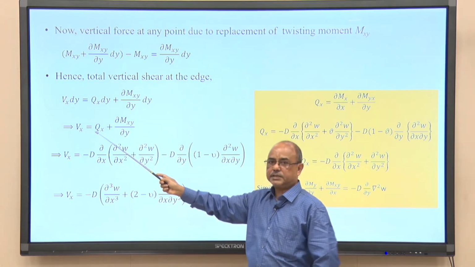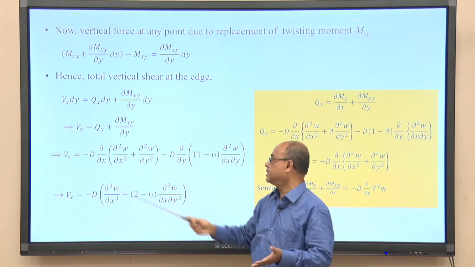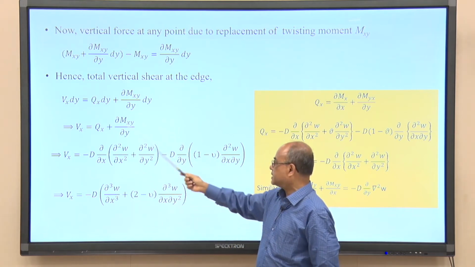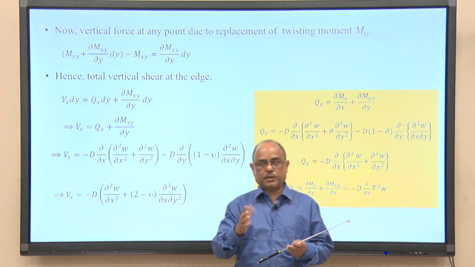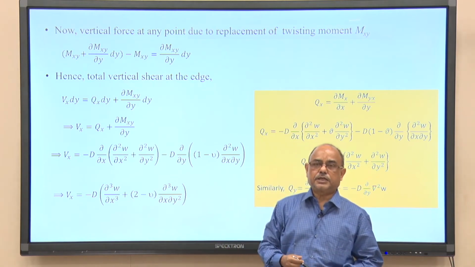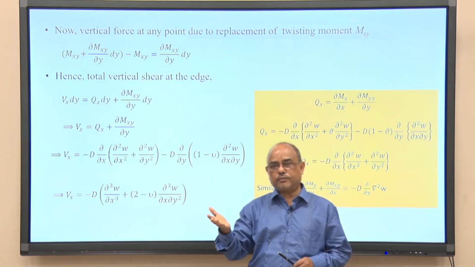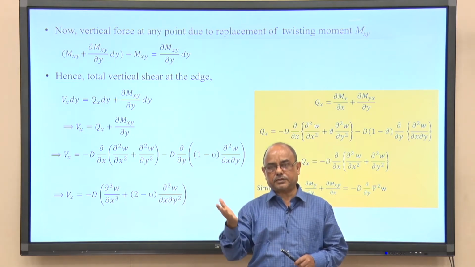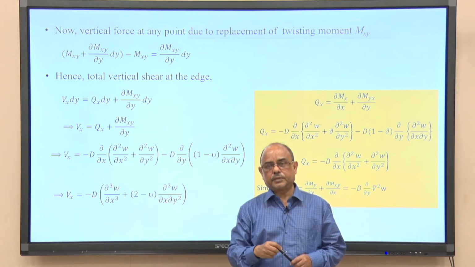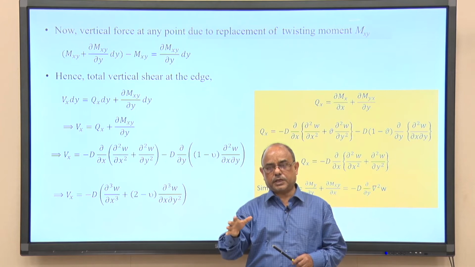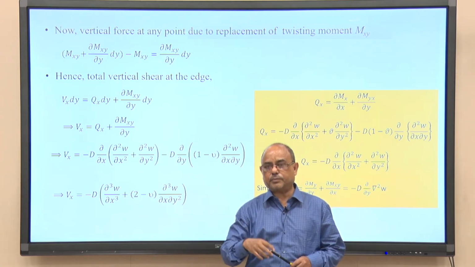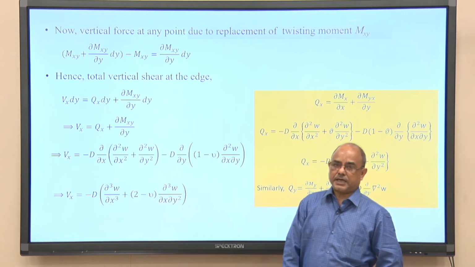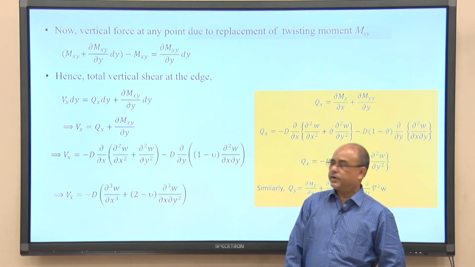Now, at the free edge, since there is no shear force acting, S shear is 0. So, V x will be 0 at the free end. Now, let us find out the expression for V x in terms of deflection, because we will solve the equation of deflection. The plate equation is expressed in terms of deflection, the generic equation. So, we will find the solution in terms of deflection, which is a function of x and y. Therefore, let us express the S shear in terms of deflection.